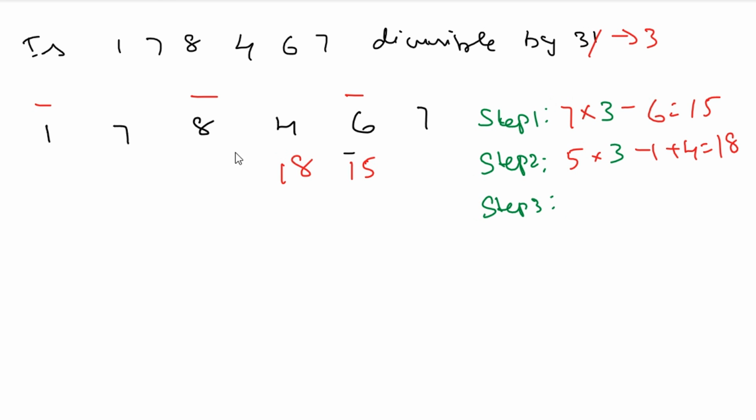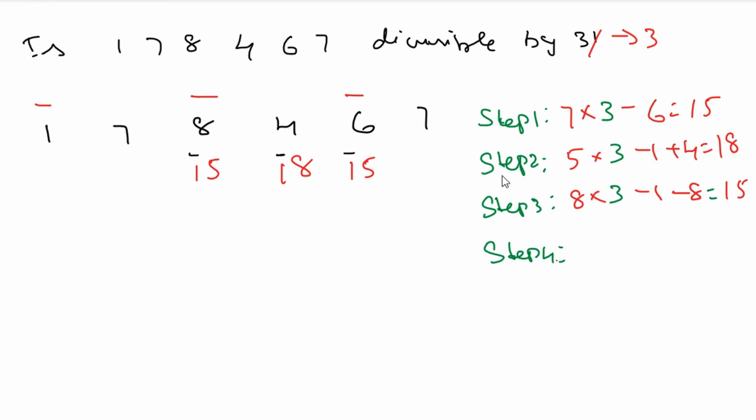Now step 3: you will convert this number into a negative value. What is step 3? You will multiply this 8 with the oscillator, that is 3, and this is minus 1 and this is minus 8. So what happened? 8 into 3 is 24, minus 1, minus 8, so that is equal to 15. You will write down 15 at the bottom of this 8, and you will convert your tens digit into a negative value.